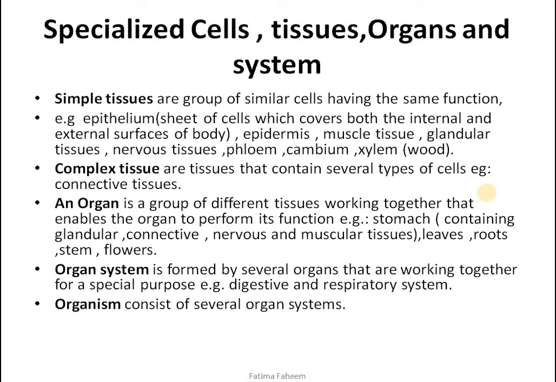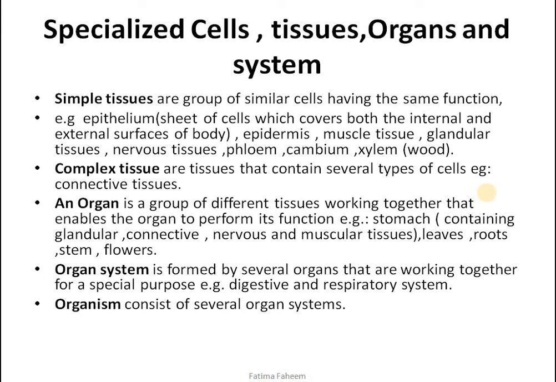The small part of it would be called a simple tissue, but when these tissues combine, they will form your skin. Skin is an organ made up of simple tissue called epithelium. Similarly, the plant body is covered by epidermis. Muscle tissues are present in animals. Glandular tissue and nervous tissues are also present in animals. Phloem, cambium and xylem are present in plants. Complex tissues will be formed when different kinds of cells group together. An example of complex tissue is connective tissue.